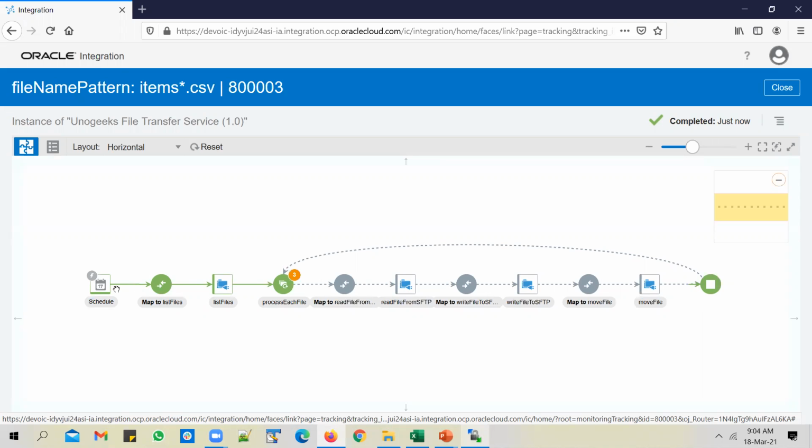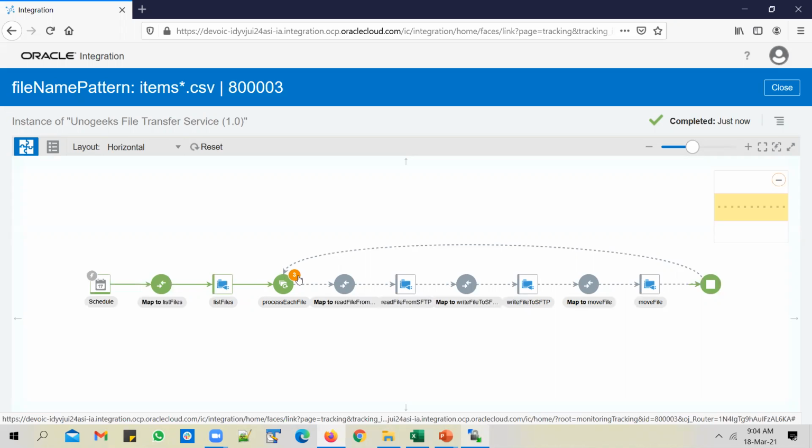The green color indicates that it was able to execute all the actions successfully. First it listed the files which match the name pattern in the source directory. It looped through those files, and on each file it would have read that file, written it to output, and moved that file to the archive directory.